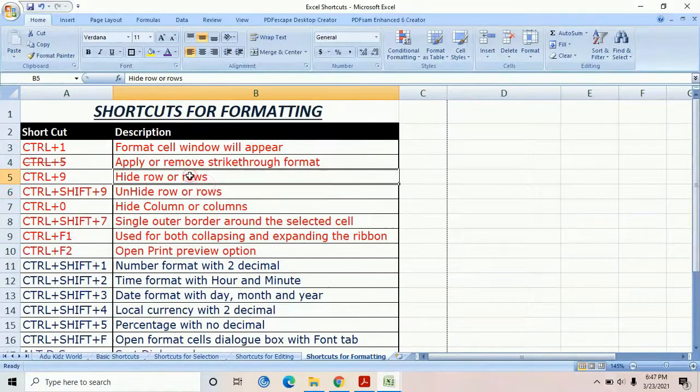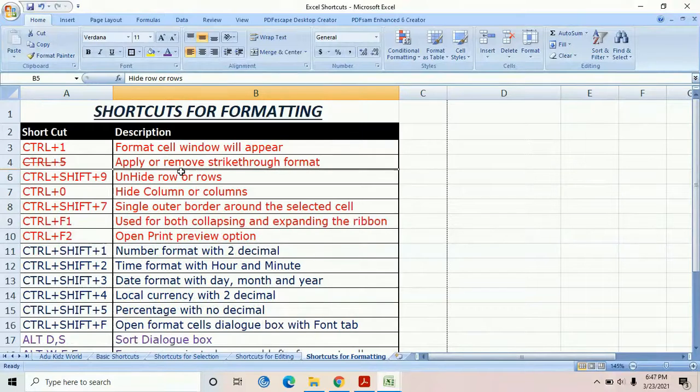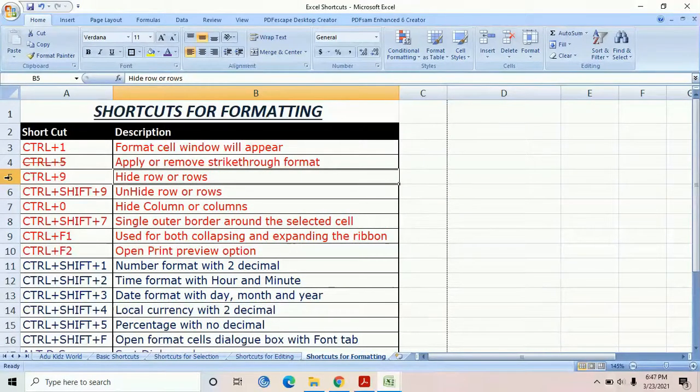The next one is to hide rows, in case the data is big and that particular row is just linking data to some other row. Then you can use Ctrl+9, which is the shortcut for hiding rows. So I'm doing Control and 9. Now see, the row has just disappeared. In order to bring it back, I will do Control Shift and 9. Now see, it has come back again. So these are the two shortcuts that you can use, and they are very useful ones.